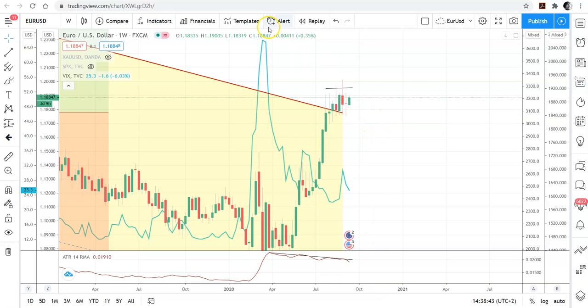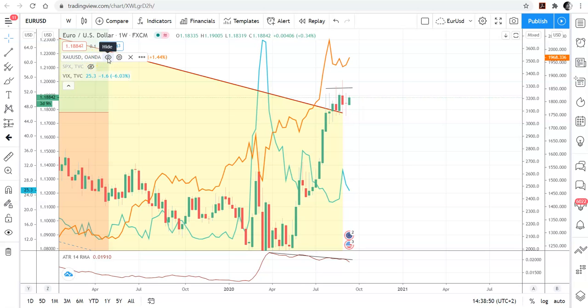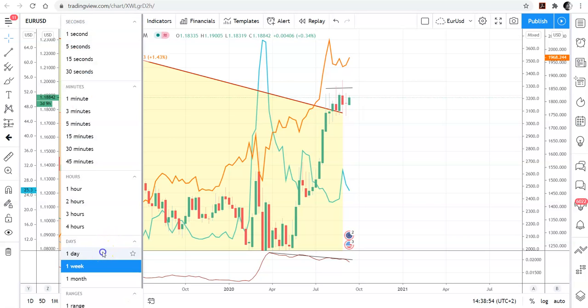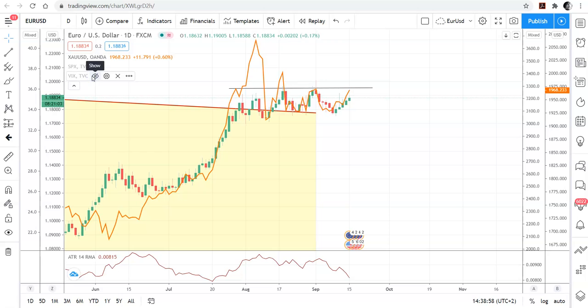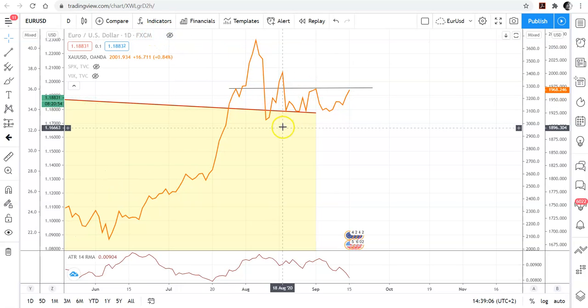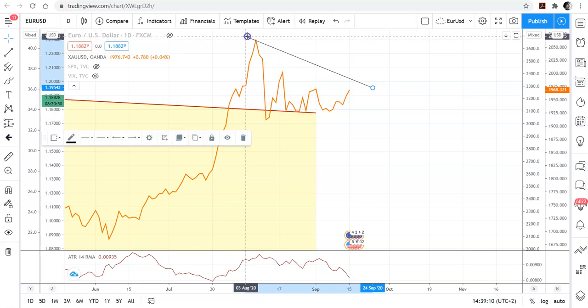that the euro isn't progressing, the gold, let's take gold back up just to see where we're at with gold. The gold also has this stall. I'm going to put it back to the daily so you can see what I'm talking about. I'll just hide the other ones. I'll hide the VIX. See, the gold has kind of stalled just like the euro, but unlike the euro, actually, what you can see is that gold has basically, if I just turn that one like this, you can see